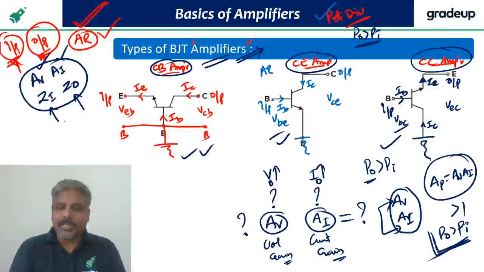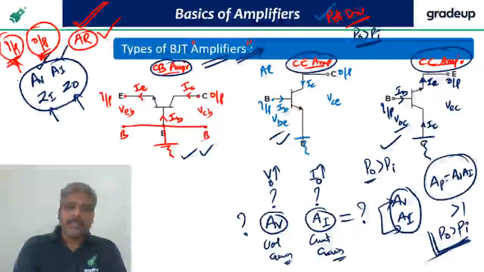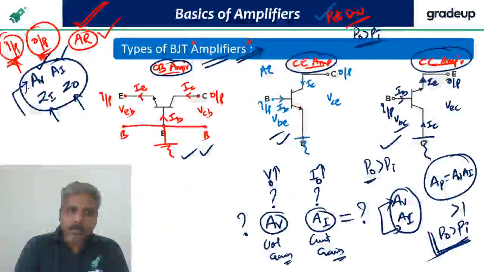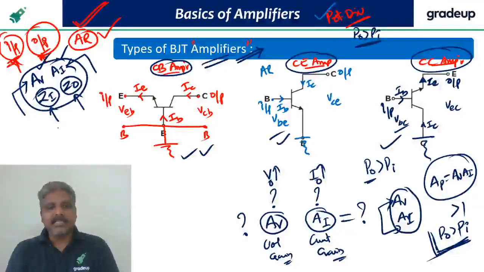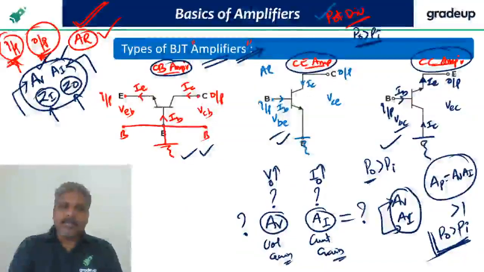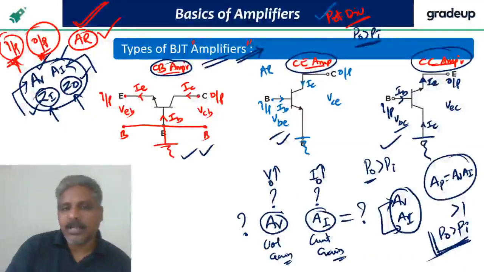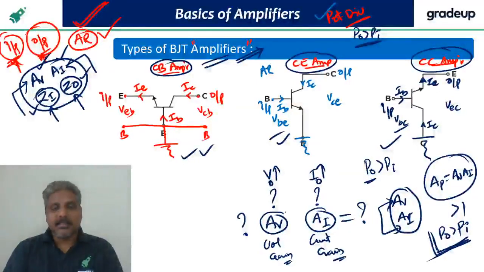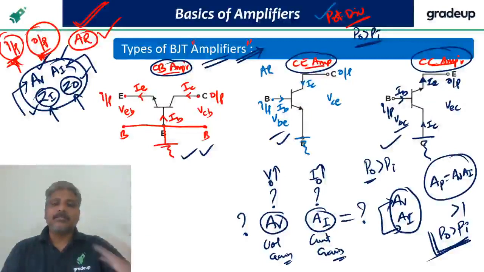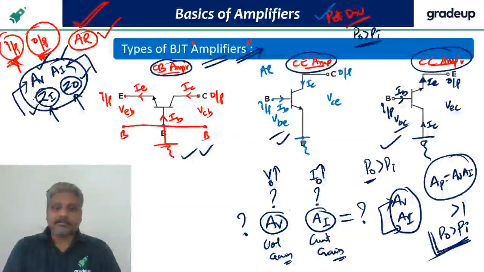Right now I am not proving it, but later I'll prove it when we talk about multi-stage amplifiers and negative feedback amplifiers. I'll prove that how much amplification happens in voltage and in current also depends on Zi and Zo, guys. At this stage I am not going to prove it, but later I will. That is the reason I am interested not only in AV and AI, but also in Zi and Zo. What are Zi and Zo after all? Input impedance and output impedance. They play a very important role in finding the voltage gain and current gain.